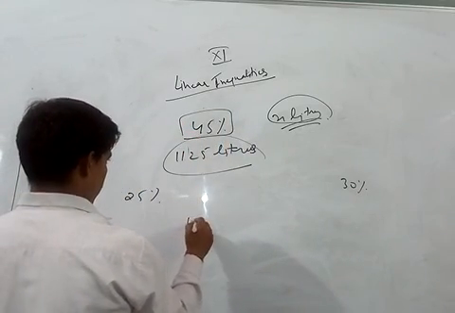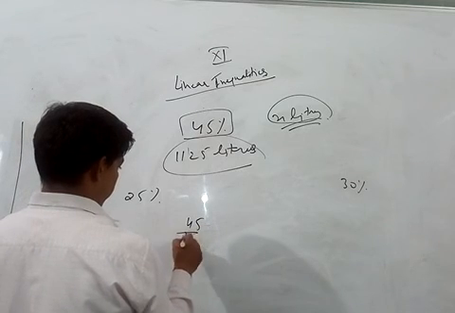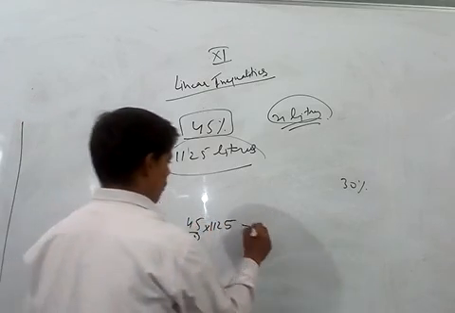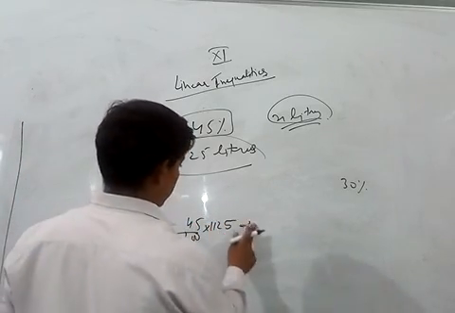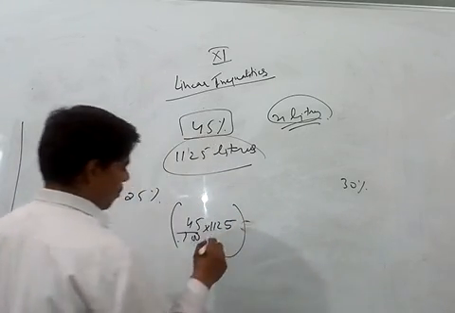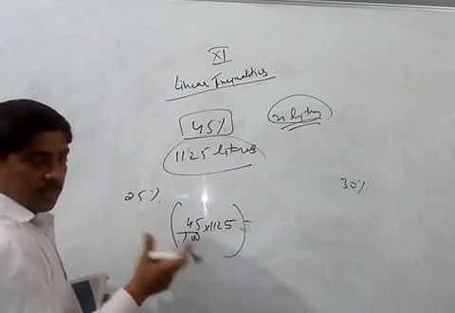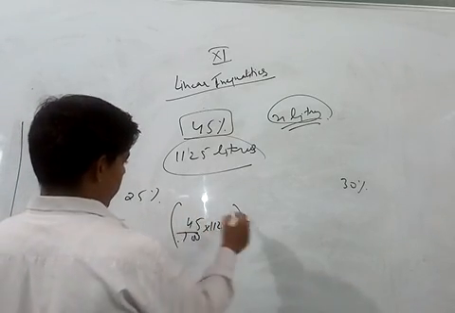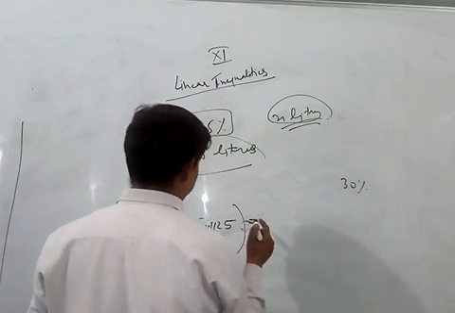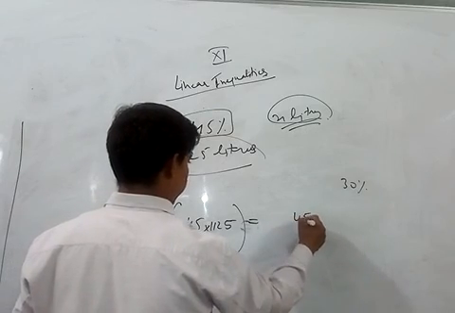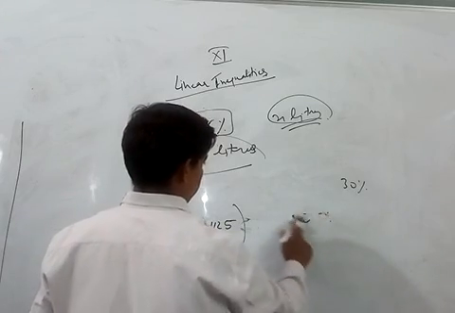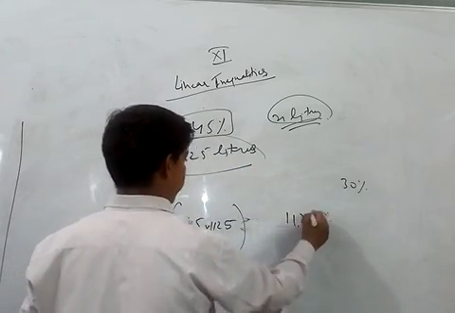45% of 45 by 100 of 1125, right? Plus water does not contain any acid content, so this is the only acid content. This is the total acid content. Now when we are adding x liters of water, the resulting quantity will become what? 1125 plus x, that is the total quantity.